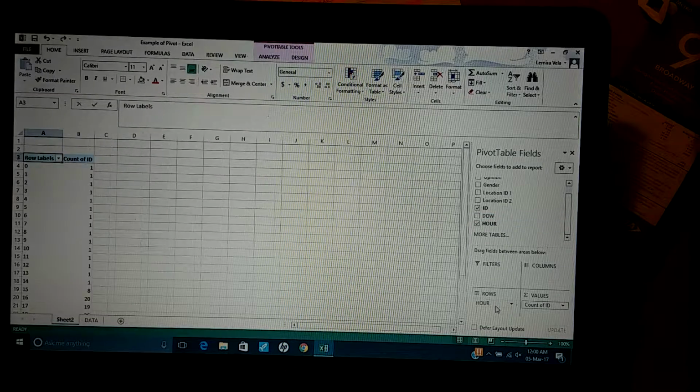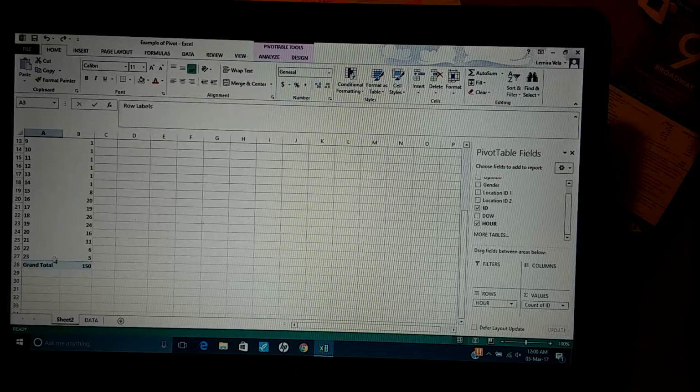Okay, so I want to move my hours. So what time of day has the most activities? Well, I see later at night has the most activities. This is around 4 o'clock. This is around... I can't do math right now. That's later. So